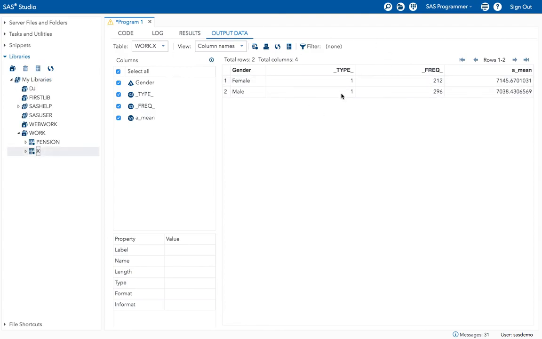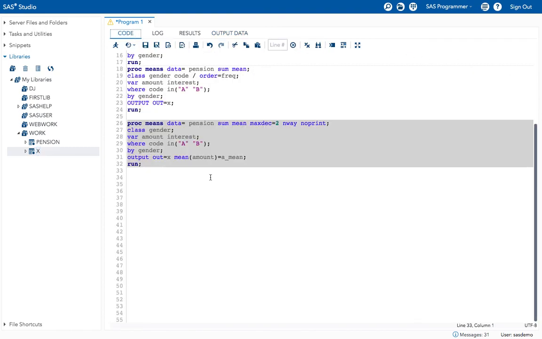See, now what I got, I got only the mean values and it created a new variable called underscore mean. Okay, here now I got only the mean values. If you want to avoid these automatic variables, you can do that by using an option.